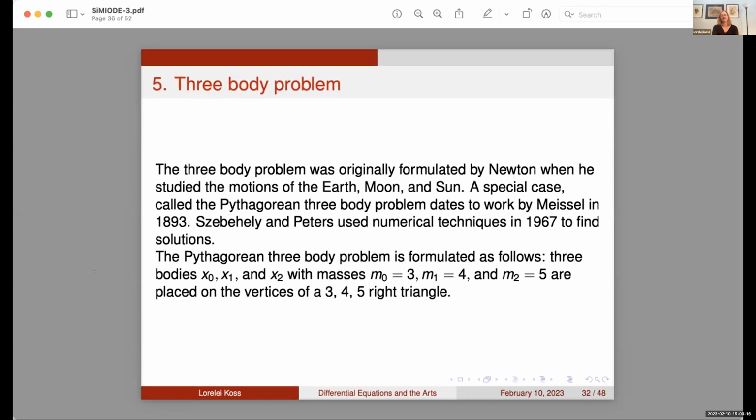Okay, now I'm going to jump to another topic, the 5th topic, which is the 3-body problem. This was a problem originally formulated by Newton when he studied the motions of the Earth, Moon, and the Sun. So how are those three celestial objects interacting with each other? And there's a special case called the Pythagorean three-body problem that dates back to 1893. And you can use numerical techniques